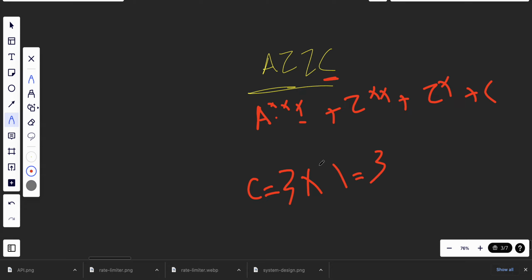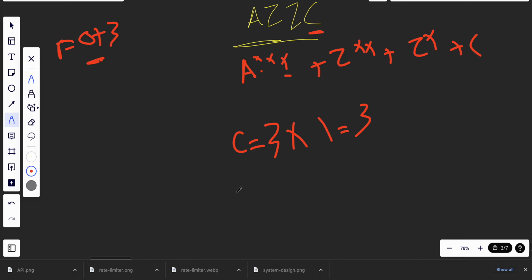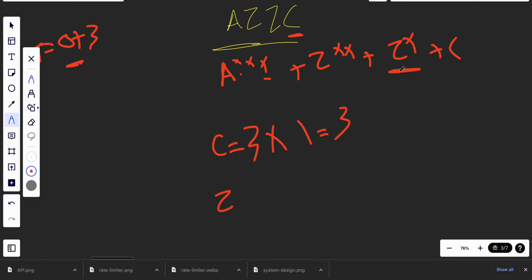As the result, let's say that we have r, it will equal 0 plus 3 because it starts with 0. And the Z, the second one,